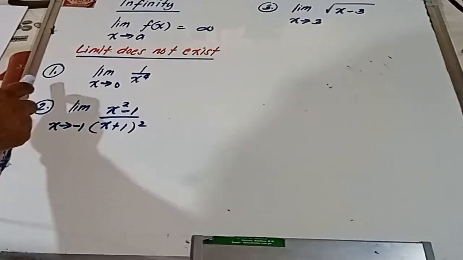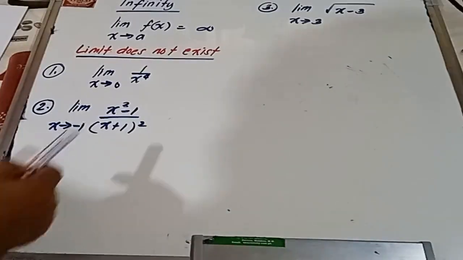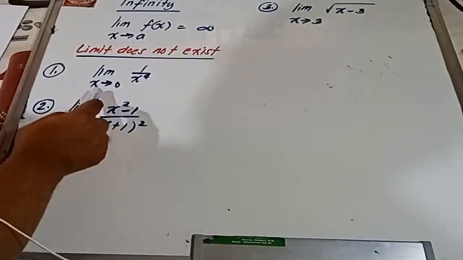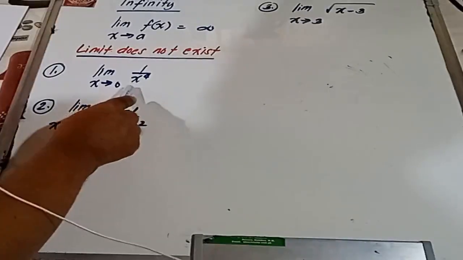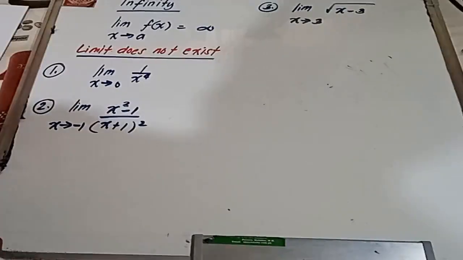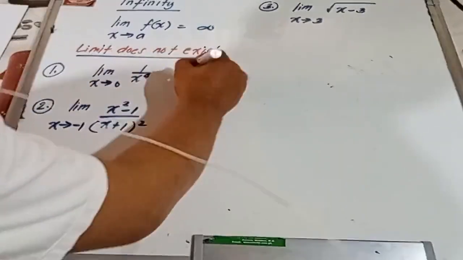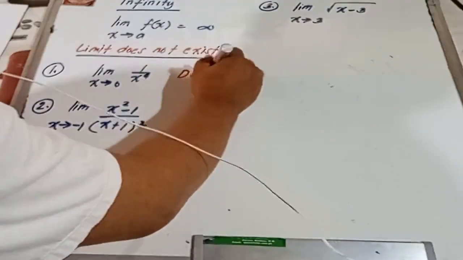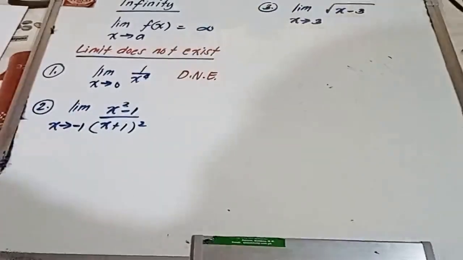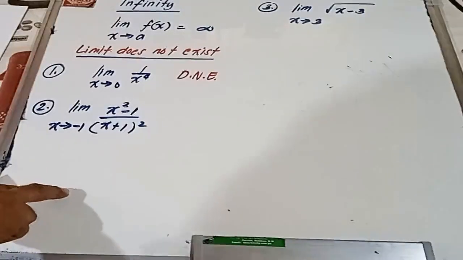We have example number 1. Limit of 1 over x to the fourth as x approaches 0. So ano mapapansin natin dito? If we assign 0 to the denominator x, we're going to have a 0 denominator. So therefore, we can directly write that for this function, limit does not exist. Okay? Dun sa ating kalawang halimbawa, we have limit of x squared minus 1 all over